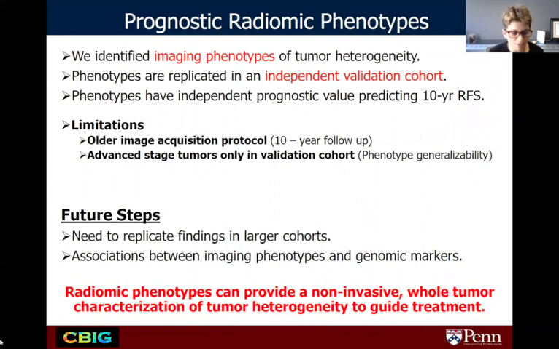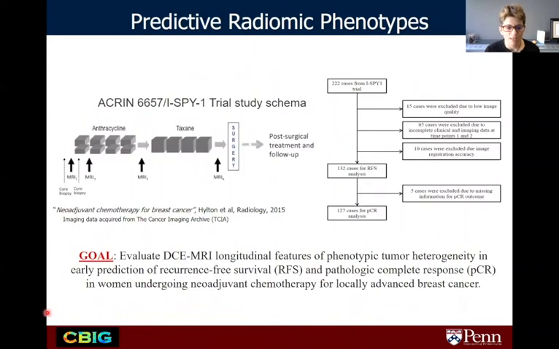So this is, I think, an area that could have a lot of promise for the selection of targeted therapies, immunotherapies, and so forth in breast and other types of cancer as well. And as I mentioned, these biomarkers can also be used to look at changes in heterogeneity during the course of therapy. As I mentioned, one of these studies is the ACRIN 6657 I-SPY1. We use this data for the validation of the phenotypes at baseline, but we can also use this data to look at how the heterogeneity phenotypes evolved during the course of therapy.